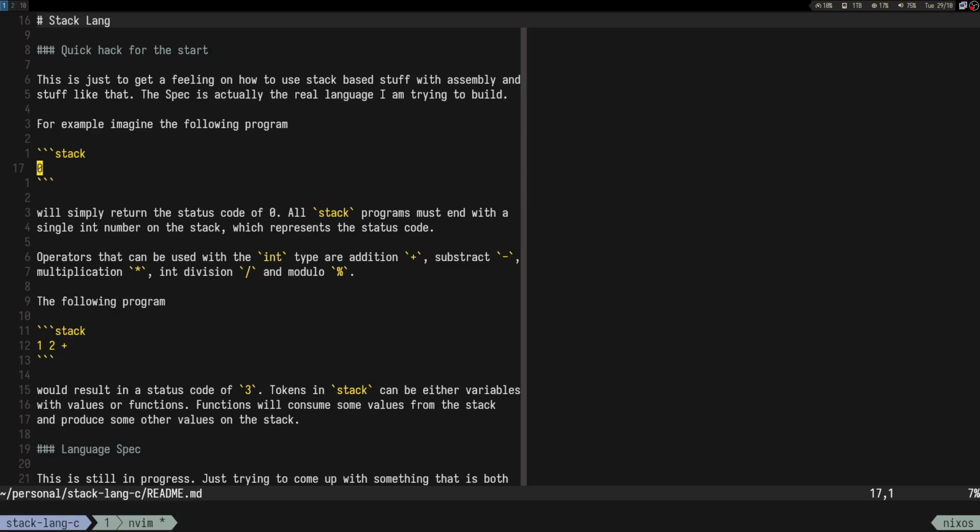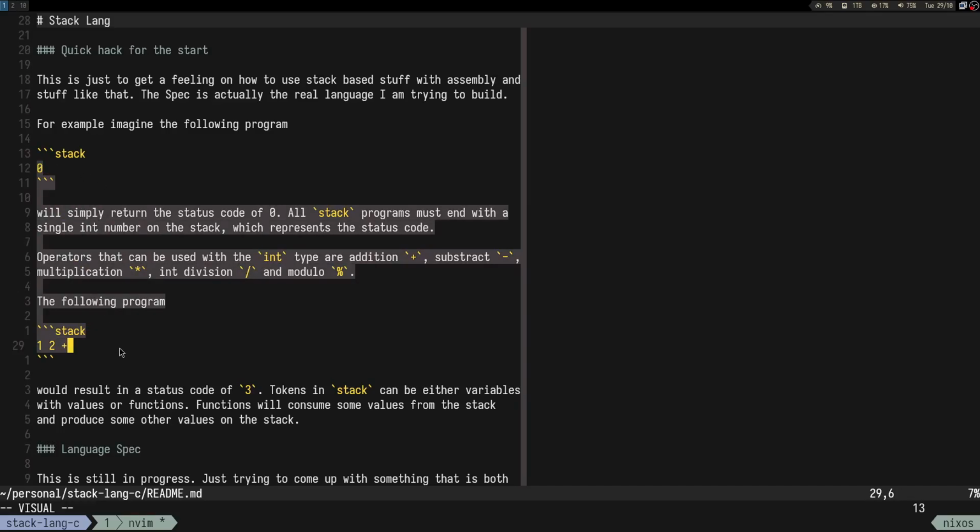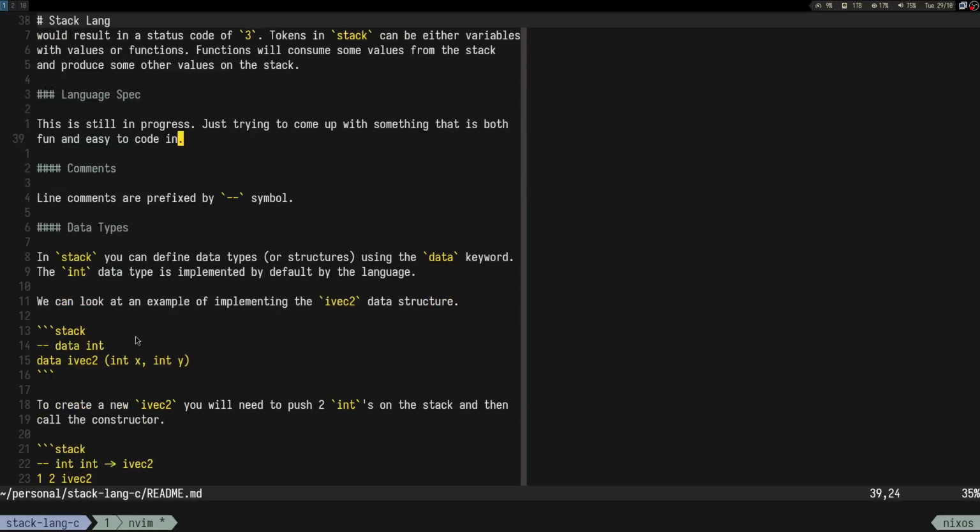We'll have maybe a memory allocated for the stack, and then how are the instructions going to look? So I think it's still a good idea to take this example with numbers and operators, implement that as a first step,